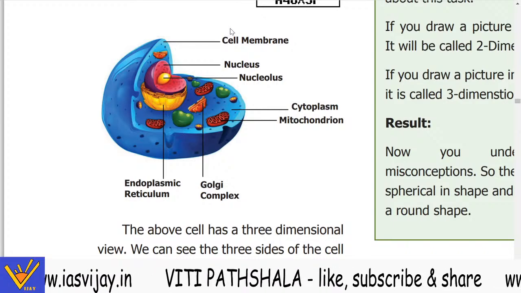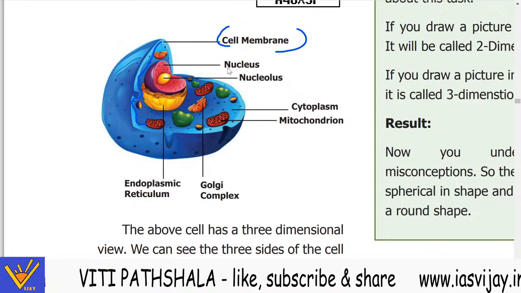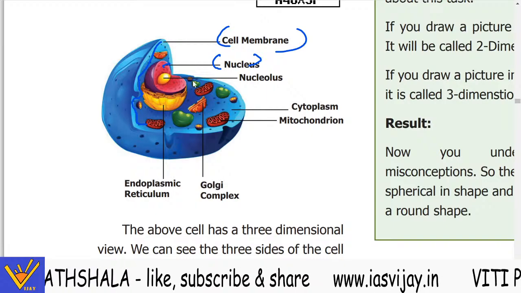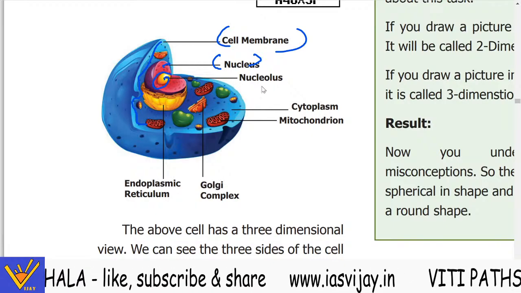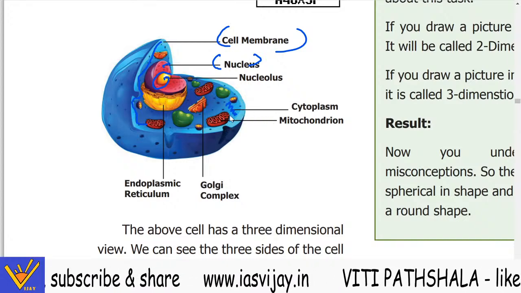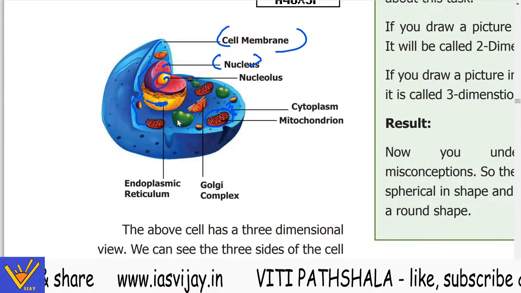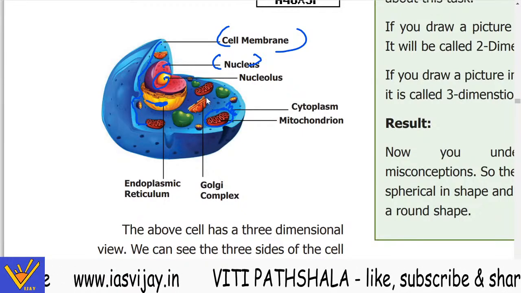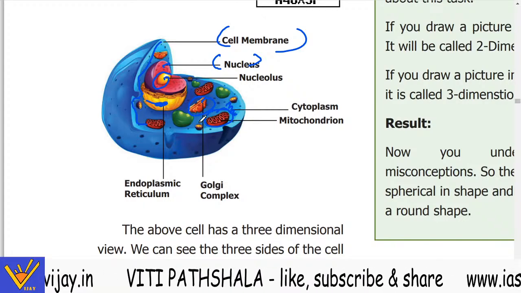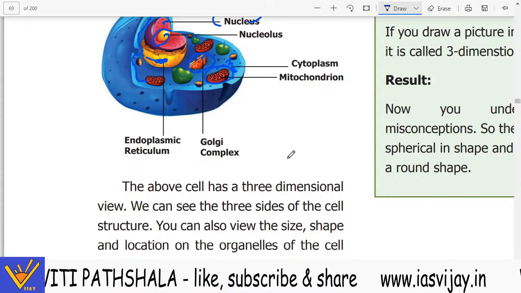Now the cell membrane, this outer one, is your cell membrane. Then the red one in between is your nucleus, and inside it is your nucleolus. Then this is your cytoplasm, and this one is your mitochondria. Then this one is your endoplasmic reticulum, and this is the Golgi apparatus. Now the above cell has a three-dimensional view. We can see,